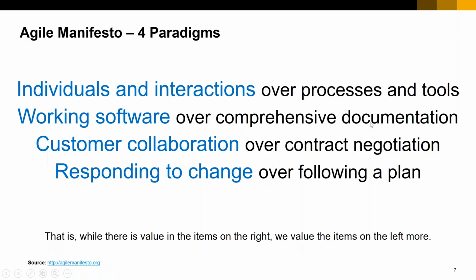Now, if we see the whole of agile, there are a lot of aspects about agile, but if we go to the basics, there are these four key manifesto statements that the whole agile concept talks about. If you go to, for example, agilemanifesto.org, you will see the pure manifesto that agile talks about, right? So these four are very simple principles to be kept in mind